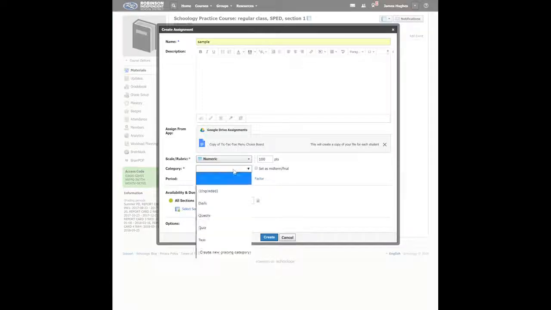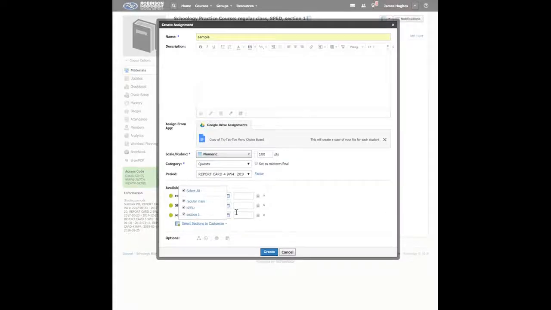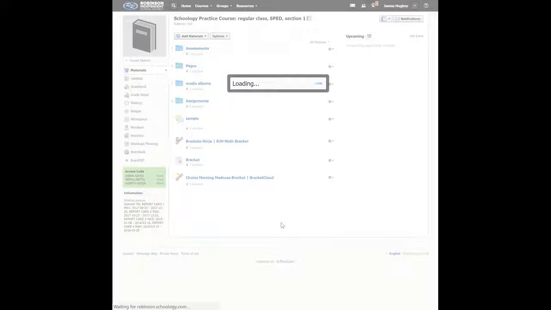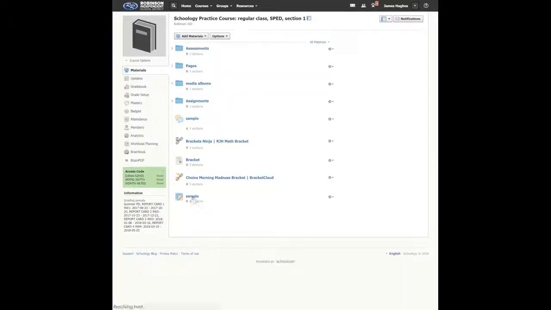We'll go ahead and finish out what we're assigning it to. Make sure our period is correct, our publishing is correct, and then what specific sections. So for this particular one, I'm going to hit select all, and then I will create. So now it's been assigned. You see it right down here. We open it up,